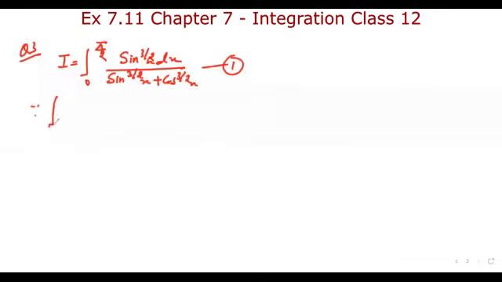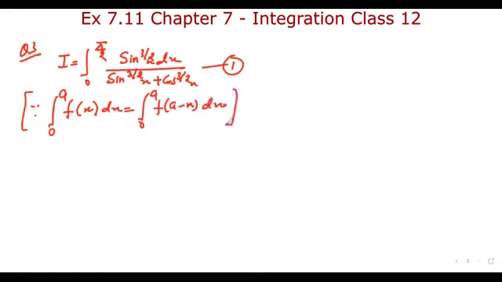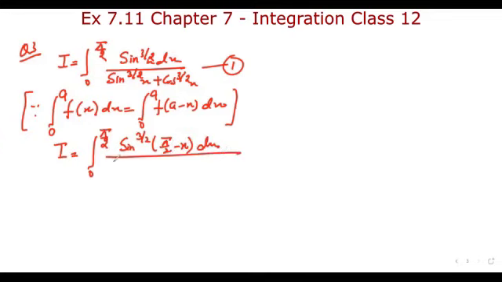Here we will use the property of definite integral, integral 0 to a f(x) dx is equal to integral 0 to a f(a minus x) dx. Before solving the question, take a few moments to think about what property we can apply here. So I is equal to integral 0 to pi by 2. Every x I am going to replace with pi by 2 minus x. So it will be pi by 2 minus x. Similarly in the denominator,